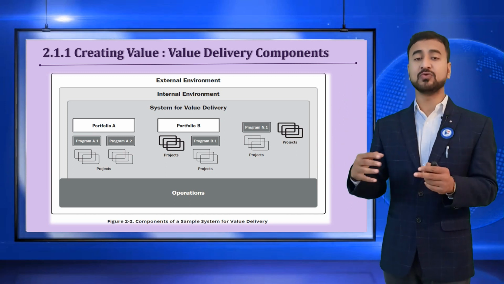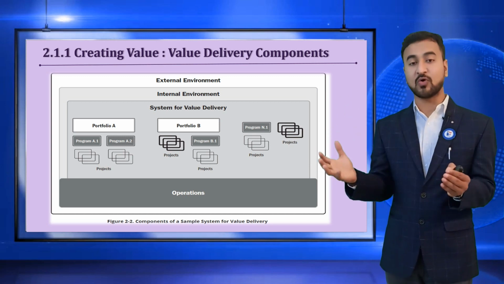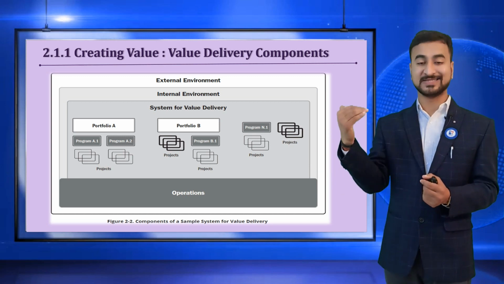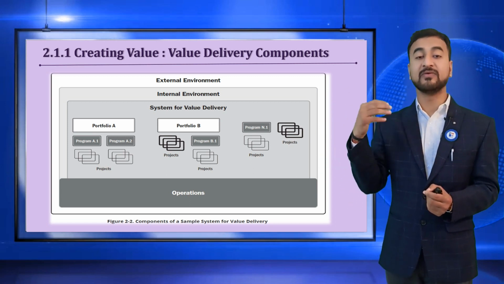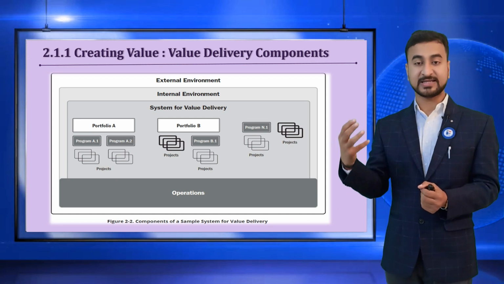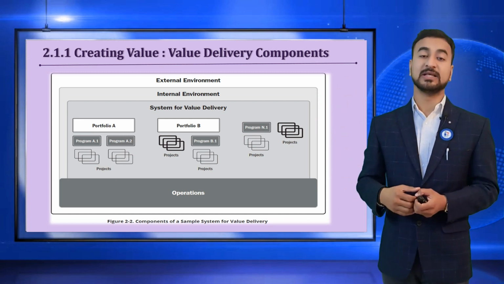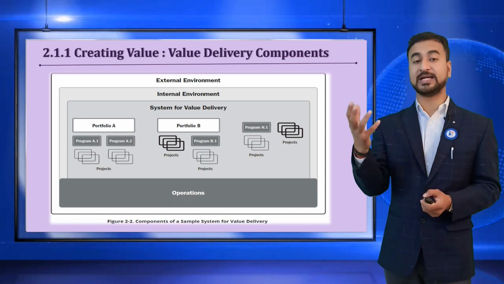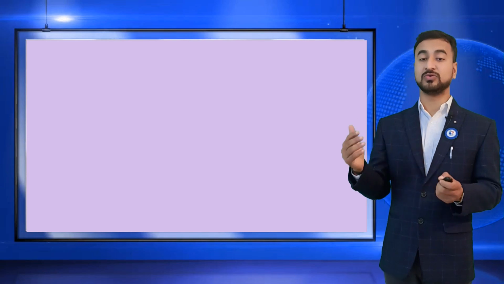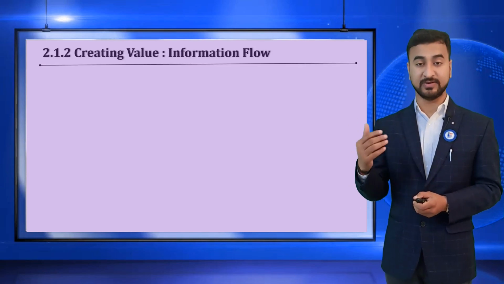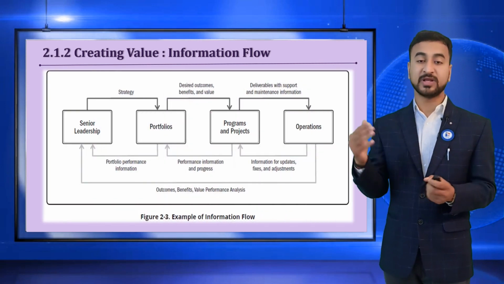By creating value, these are the components. How well or effectively we can utilize all these components brings a synergy in the ecosystem, and that in turn gives a multiplier effect that helps you to achieve your organization objective. So that is the main objective of creating value. These are the components that need to work in coordination to deliver the value. Now we are trying to understand the information flow, how the information flows.